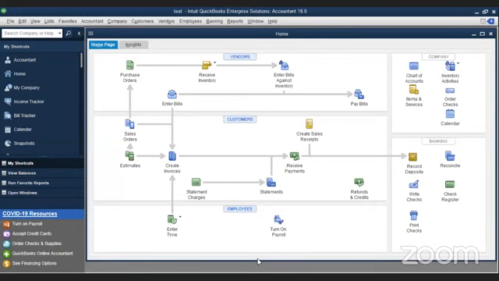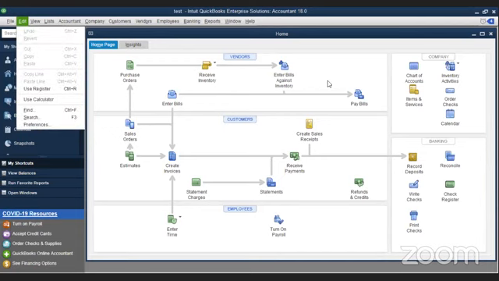Sir, you mentioned the inventory line item, there is an important thing in that scenario. Can you explain it also, sir? Yeah, it's like this. When you're updating the inventory, just before the inventory updation, you have to go to your preferences, that company preference in edit, and you have to put the tick saying purchase orders are active. If you don't do that, when you update your inventory, your inventory will not get linked to your sales and purchases. You have to go to edit, go to preference. Understood, right?